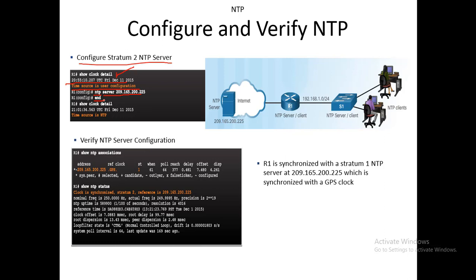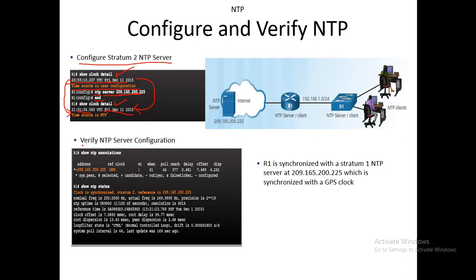And after that, if you run this command again, show clock detail, you can see that the time has been changed because the new time will be taken from this specific server. You see that the date is still the same, the day is the same, but the time is now changed because of the hierarchical level as I've shown you. So the server, let's say this is connected to stratum 0, so this time will be shown over here.